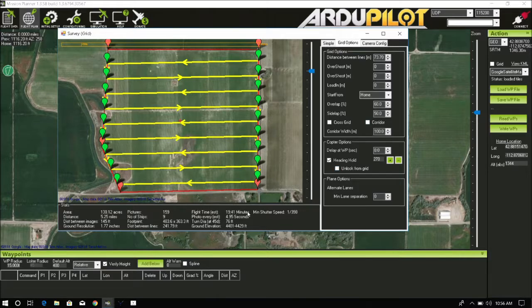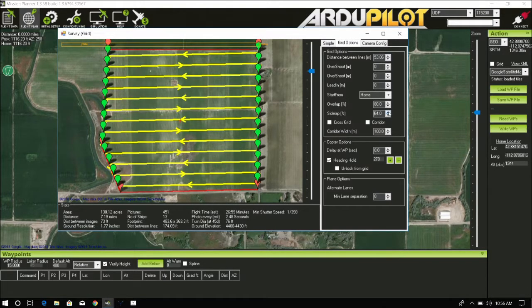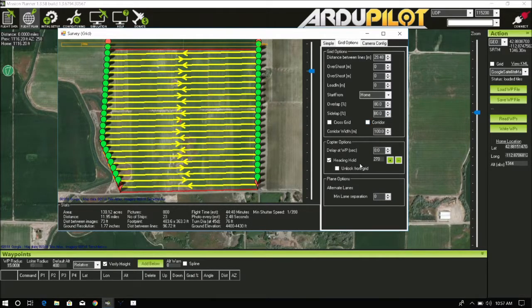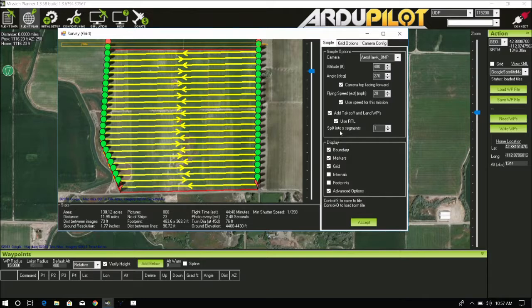So let's say we want the best quality data. We can go back up to 80 overlap and 80 side lap. So now we see that our flight time is going to be 44 minutes. That's too long for the drone to fly in one mission. But what we can do is split the mission into several segments. So right now it's one whole segment. When we split it into 2 segments, I'm going to go ahead and click accept,